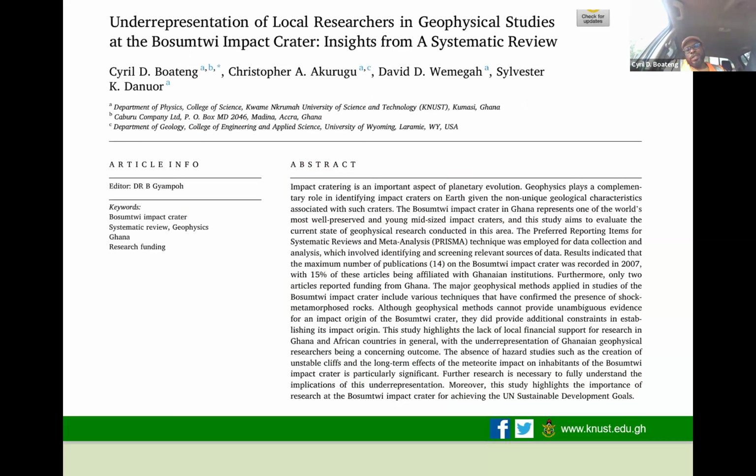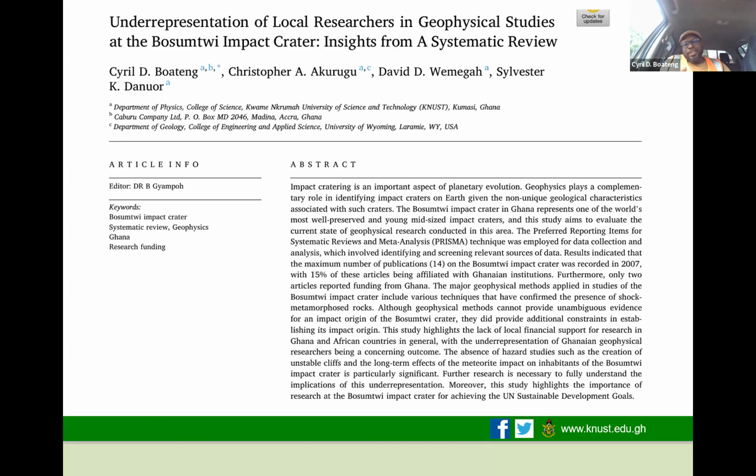So what I'm quickly going to do is to take you through something that we did recently for a systematic review. And I was saying in my field and my lab, we usually focus on trying to find a research gap. So this was a paper on the Bosumtwi impact crater, where some work has been done over the past maybe 50 years or so, right? But then the idea we started with was to understand whether there was a research gap that we could work on in the future. And the last major project that happened in Bosumtwi was somewhere in 2004, which was an international project, right? So we started with that just to look for the research gap.